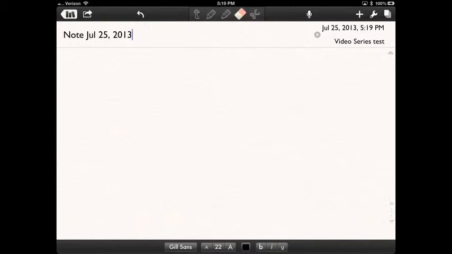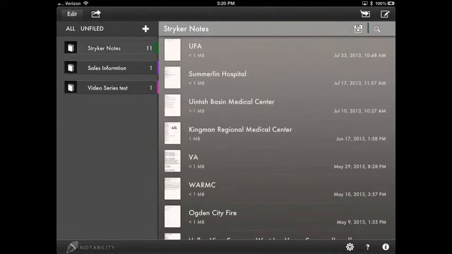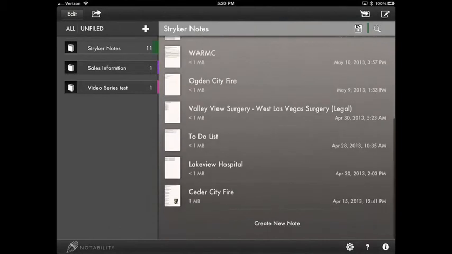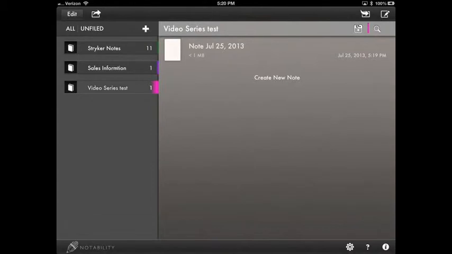So we'll just enter some quick text in here. And we'll hit the back button, and as you can see, we created that new note, and it's basically categorized by the date. So if we go back up here to the Stryker Notes category, you can see that I've changed that. Instead of dates, I have mine listed by account. That's how I organize all of my notes. I have just one note per account, and I keep it updated that way. But if you prefer to have your notes organized by date, that's the default with Notability,